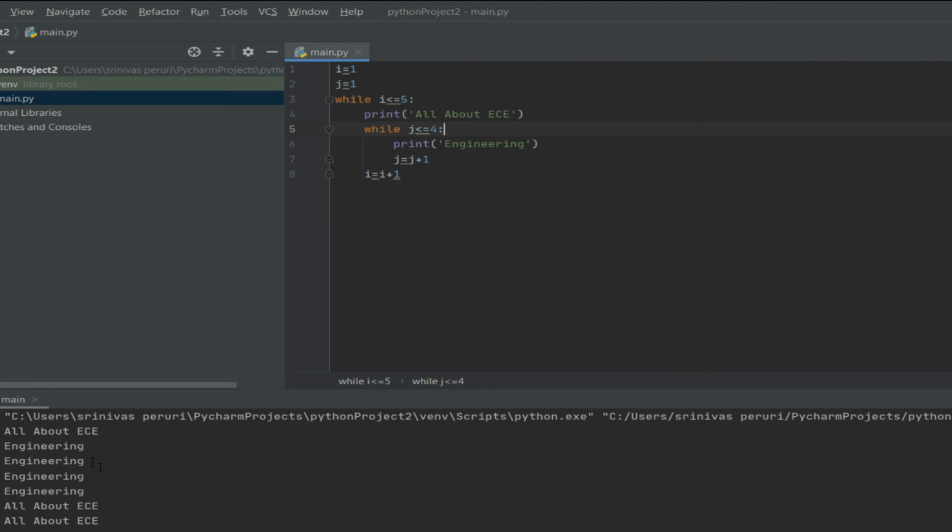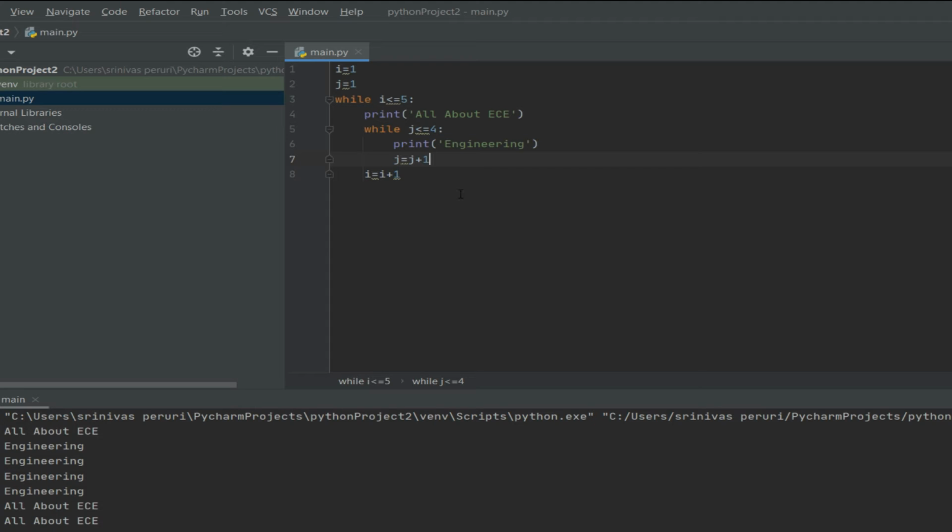You can see in the first iteration, i equals to 1, so "all about ECE" is printed. After that, j equals to 1, which means the inner loop will complete first, and only when its condition fails does it go to the outer loop. It is printing on the next line, but I don't want that.